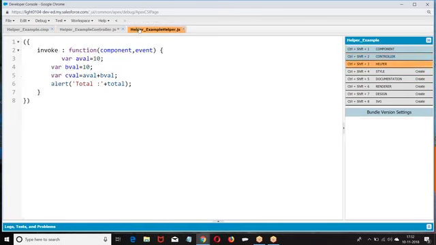It is not necessary that you have to pass event and component. Whichever data you want to pass, you can pass it. I don't want an event here.